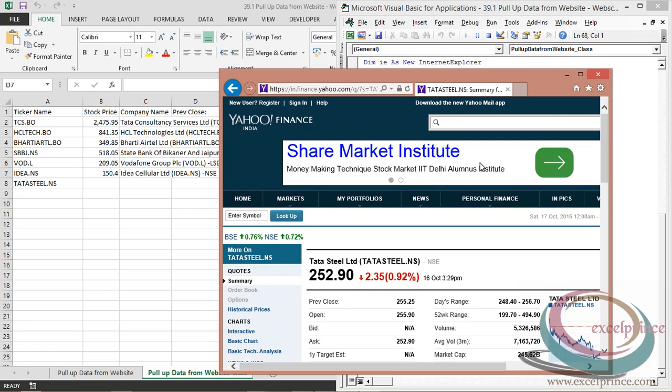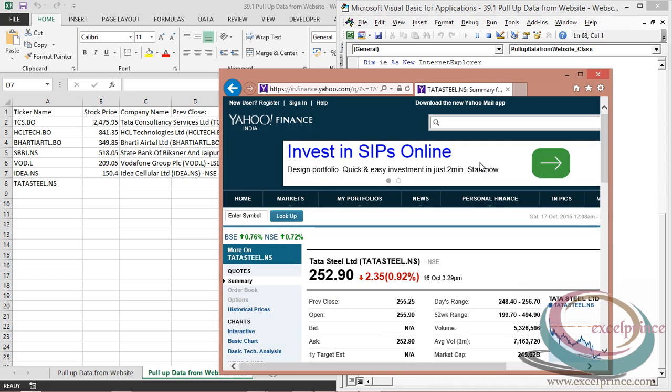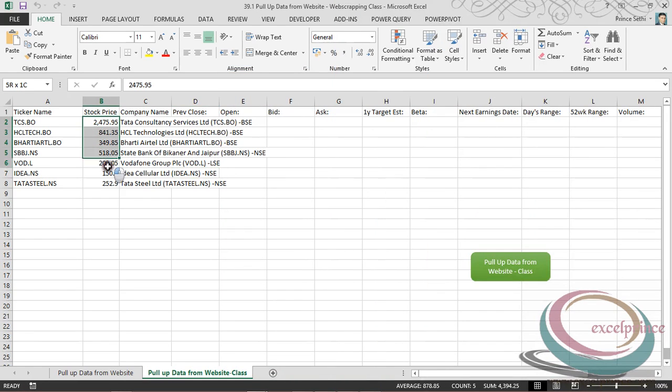Maybe taking some time to extract the value. Still taking some time. Yes, picked up. Okay, so if you see, I'm closing this one. I have extracted all the ticker values along with their company names.